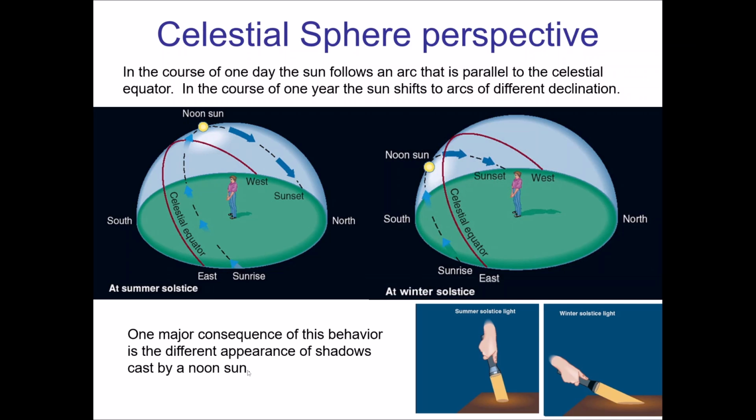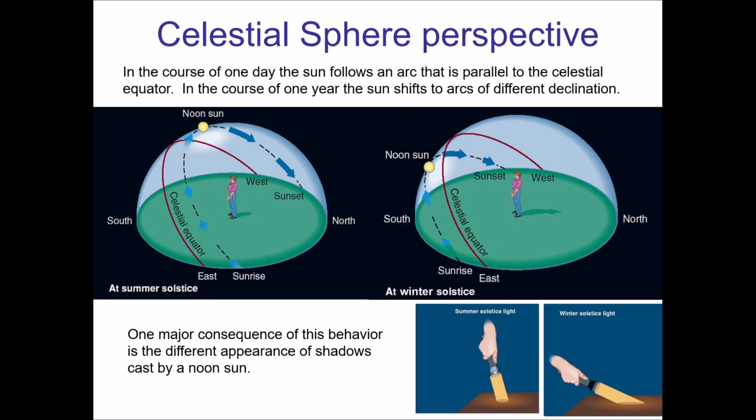Right, so it rises further south and sets further south, and it tends to be farther down in the sky. And they show in the picture an illustration of how shadows might look. If we're talking about noon, this person has a very short shadow because the light's almost directly overhead, and that's shown by this flashlight picture down here. The light's coming almost straight down. That's more concentrated sunlight, whereas the sun's at a pretty steep angle in the wintertime, like the picture shown in the bottom right here, and that light is spread out over a larger area, and that's less light per unit area, so that's obviously going to have a really big effect.